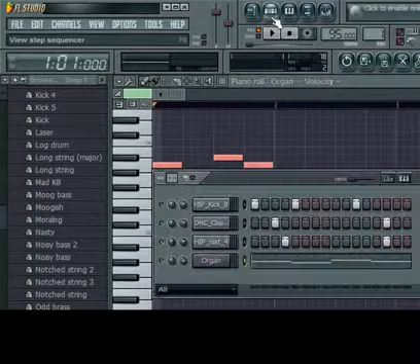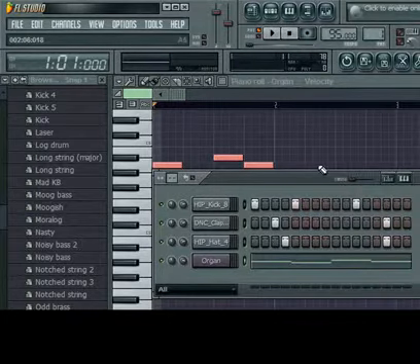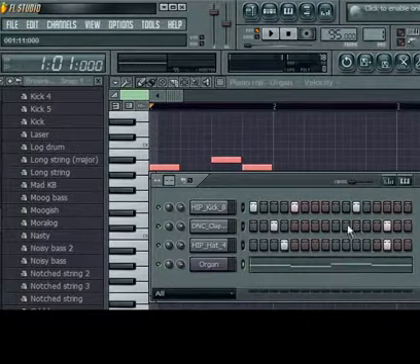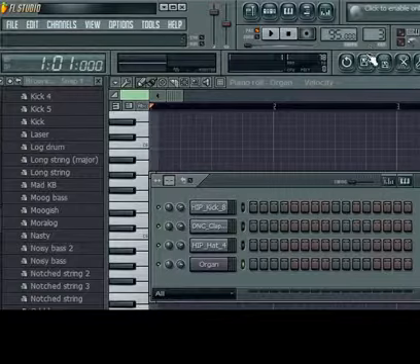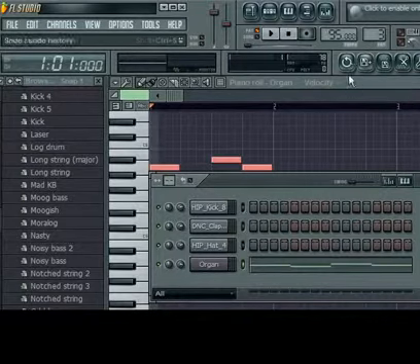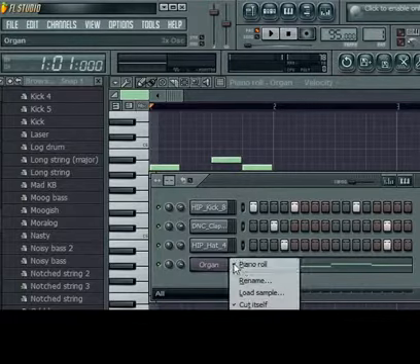Okay, now that you hear it all together, copy this and get it into its own separate pattern. Control V, remember to paste. And now that's in its own pattern, you won't need it in